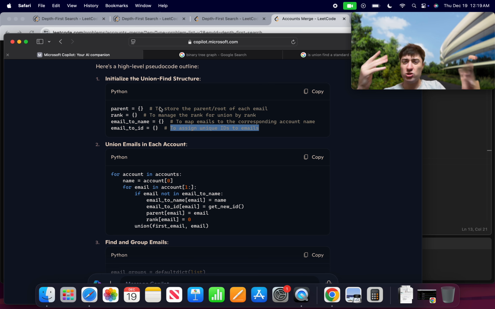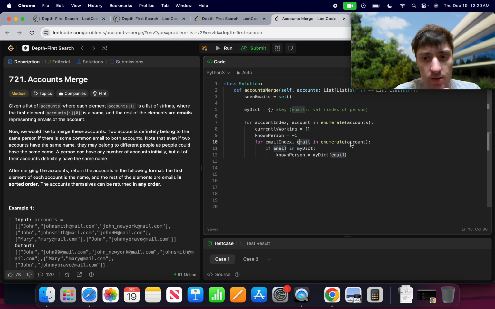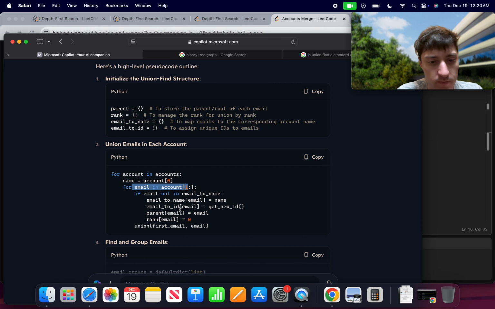Union emails in each account. So for account in accounts, okay, we get the name, which is the 0th index. Okay, good. For email in accounts 1 through to the end. So we're iterating through each of the emails. That's almost identical to what I did right here. So I'm iterating through each of the accounts and I'm getting the email. Good. So then I'm